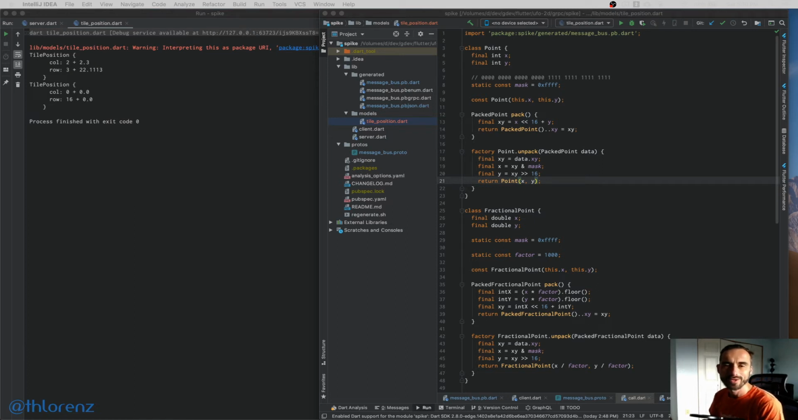Hello and welcome back to building a Flutter game using no libraries, except we're building the server, so we are using libraries. We basically were in the middle of packing and unpacking a tile position, including the point and the fractional point